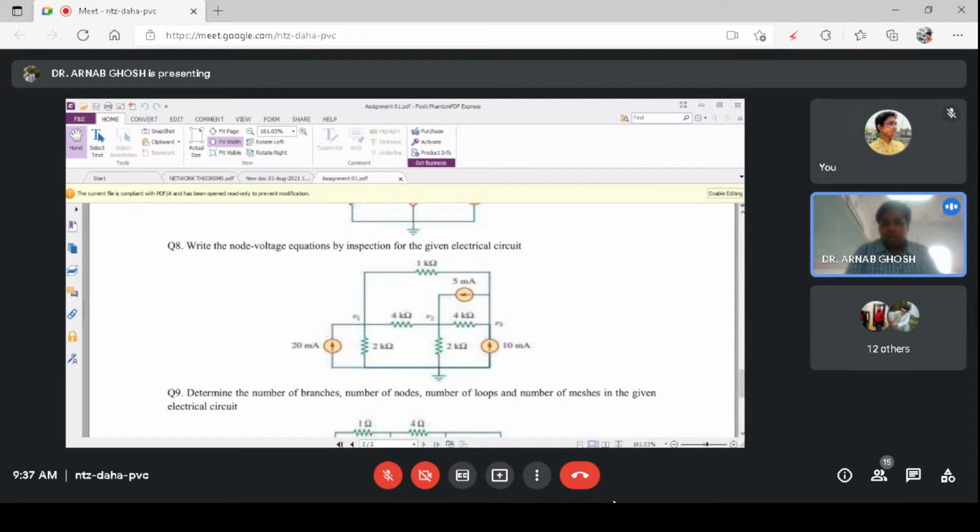So whatever you have assumed, let us say you assume that the current was leaving node 1. If you calculate this, it will be V1 minus V3 by 1 kilo ohm, so that will be the current. Actually you are having four things that are leaving from V3.